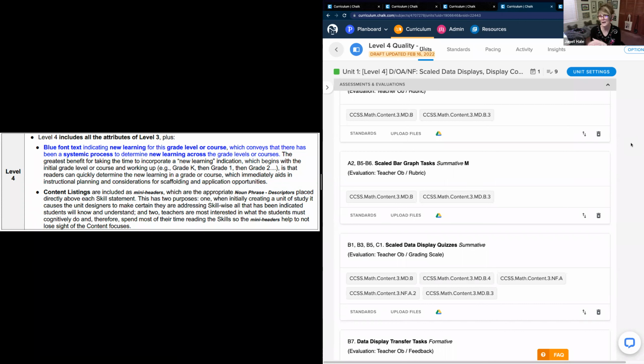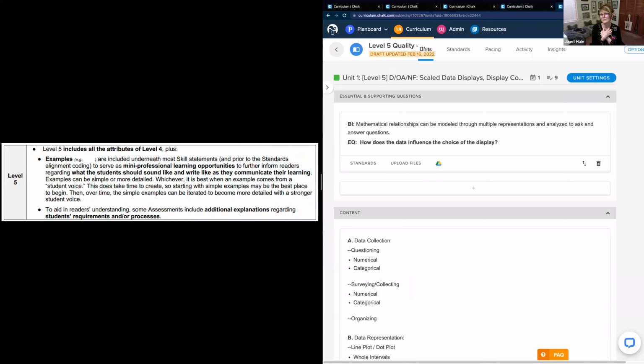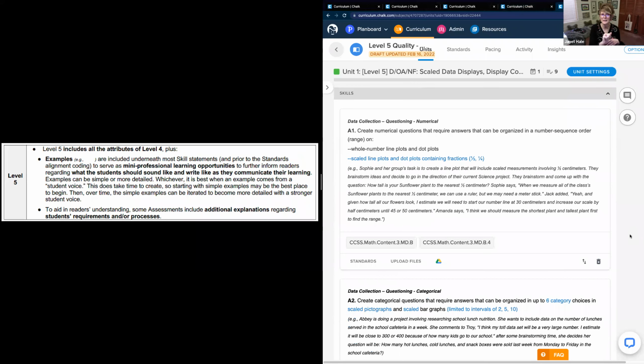So then just to wrap up, if you want to go to the uber planet of quality, and I'm not saying you have to, it's something that I enjoy doing, especially if they've already had maps and they're wanting to improve their maps, on a level 5, examples get started. So if you want to just collapse down to the skills, I call these mini PDs. So look at the first skill. There's almost like a story for the teacher.